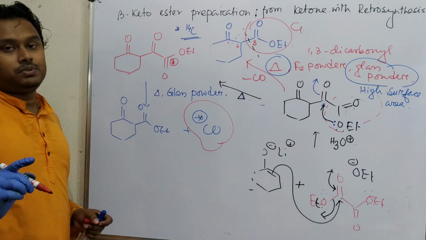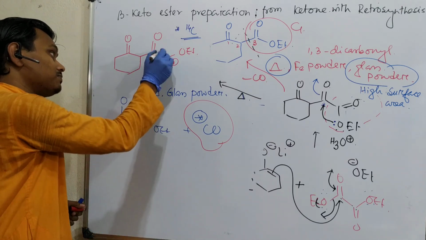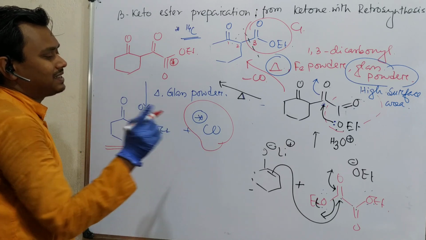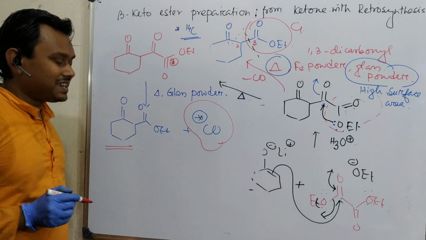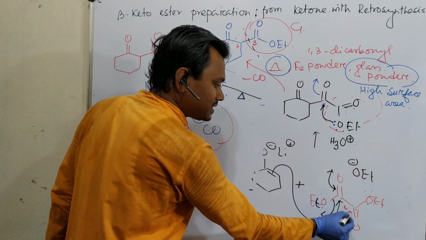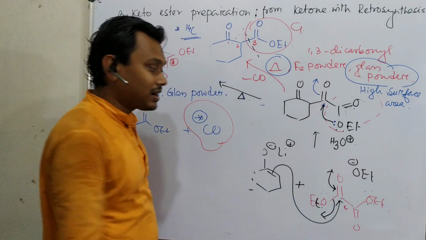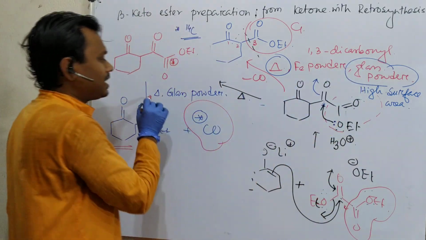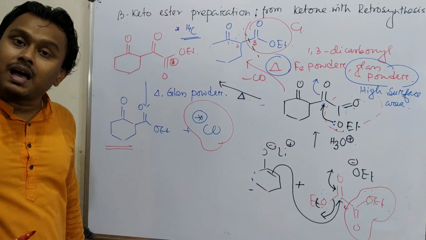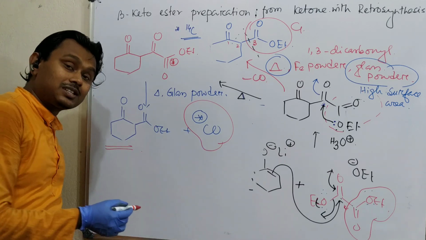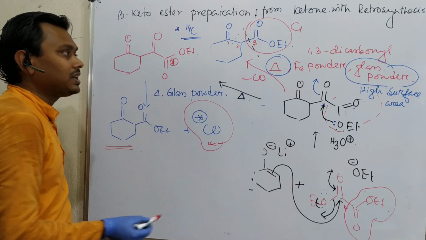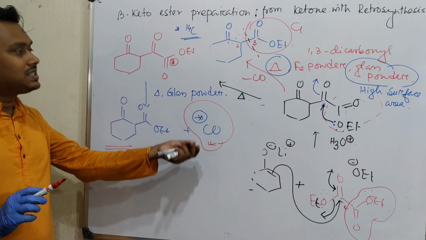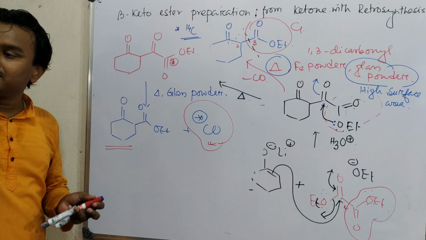So generally people make mistakes, that's why I explained this mechanism. Please be careful that in this way you can get a 1,3-dicarbonyl. Why is this interesting? Because oxalates are very reactive reagents, but they have one additional carbon, and this can be eliminated by heating in presence of glass powder. This happens because of high surface area, and the proof of this mechanism is this one. Okay, so this is the overall discussion, and I believe you have learned a lot in this retrosynthetic based study.